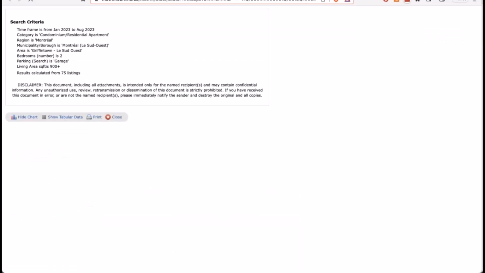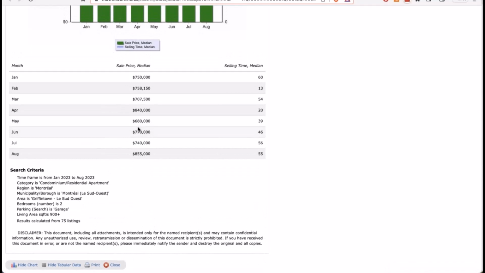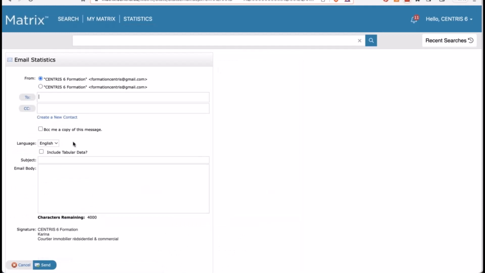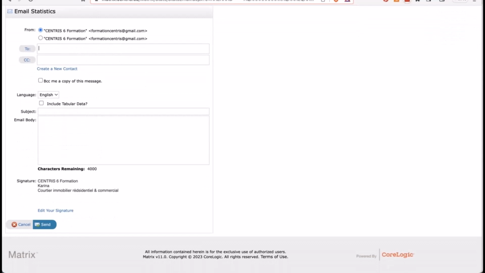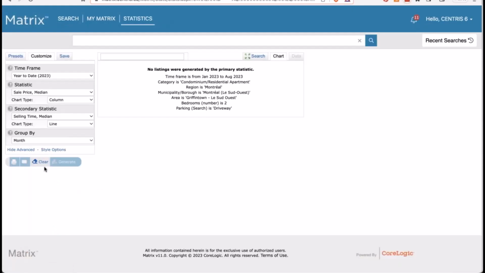You can print it with the tabular data, or you can send it by email, which will arrive in the client portal. So those are the ways that you can export the information. Unfortunately, not in an Excel, but what you can also do is